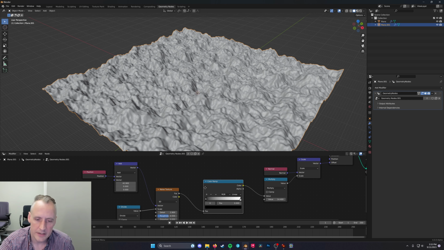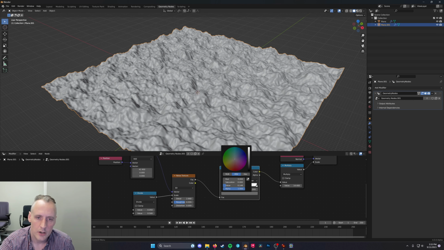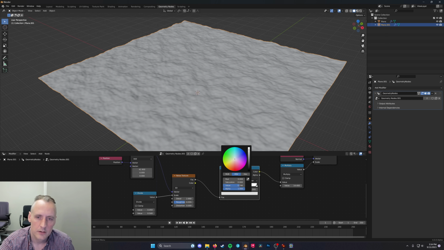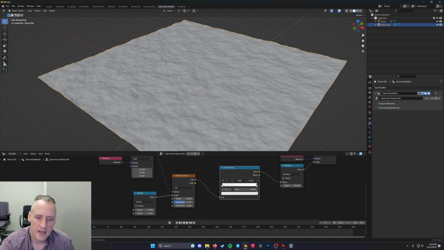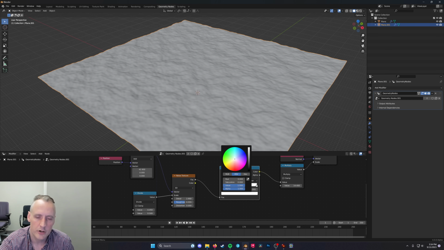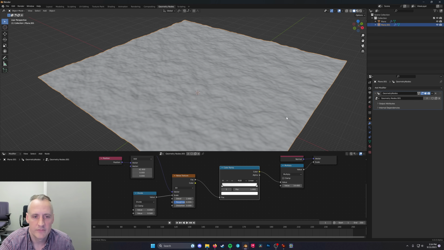The black will be the lowest point of the displacement, and so if I raise that up, it becomes flat, and the white becomes the highest point. So if I were to lower that down, it would go down and become the lowest point. The relationship between these two colors is basically clamping the value difference that can be